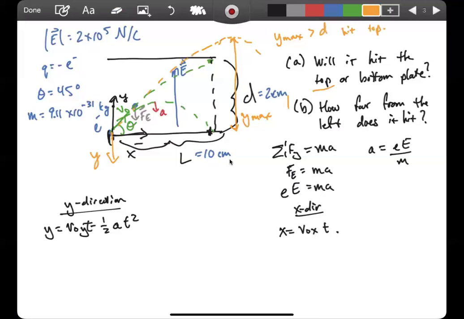Now, unlike last time, we used the fact that it went the entire length of the plates to find the time it took for that thing to hit, or at least, come out. But in this case, we don't know exactly where it hit, so we can't use that it made it through the entire length. But what we do know is that by the time this thing reaches the top, it has to temporarily, momentarily stop, which means that all the velocity in this direction must be only the initial velocity in the x. So the way we're going to determine the time it takes to get the max height